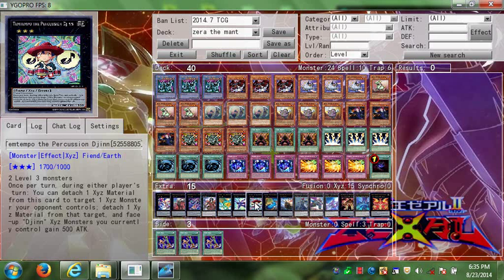The main goal is to ritual summon, obviously, but you can win without it. But it's the main goal. You want to get it out. It'll give you obviously a lot of advantage if you get the ritual monster out. So that's what makes it worth playing this deck, is to get the ritual. Once you get the ritual,